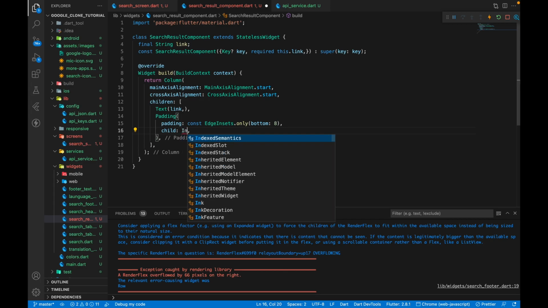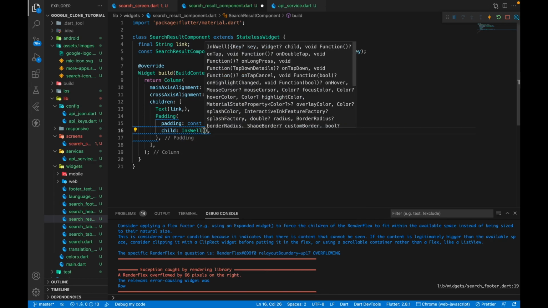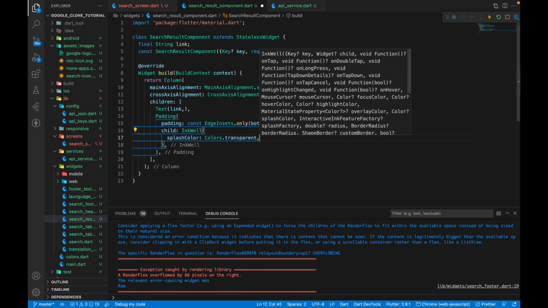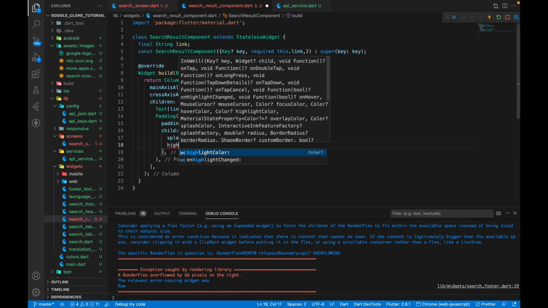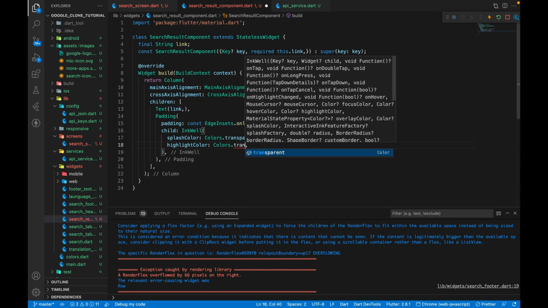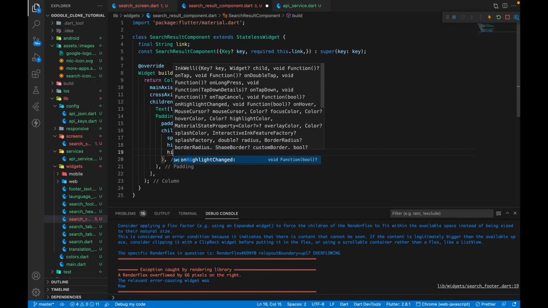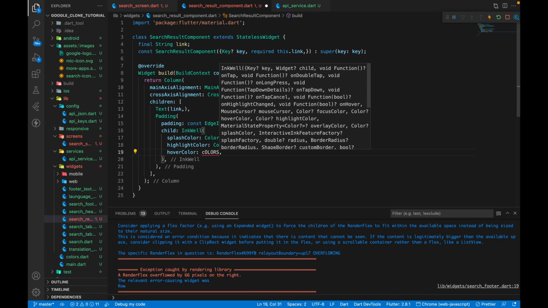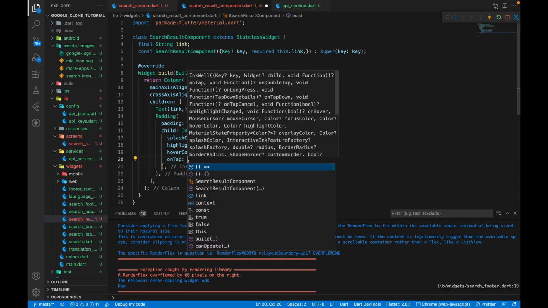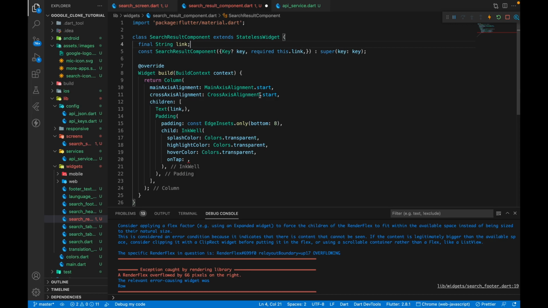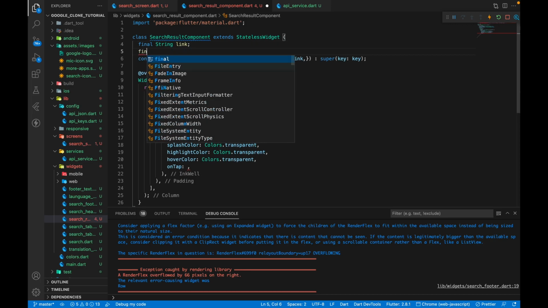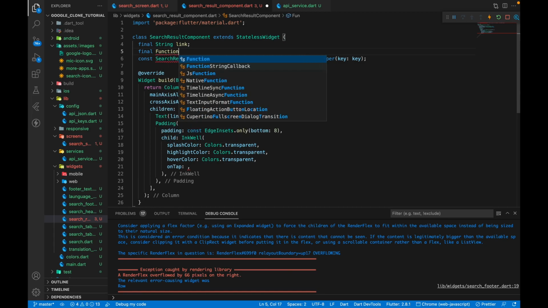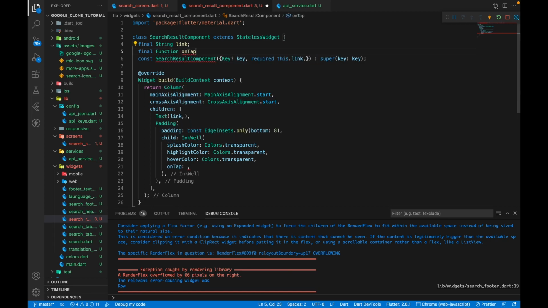So in our child, what we want to do is, we'll have an InkWell, and the InkWell will have a splash color of Colors.transparent, then a highlight color of Colors.transparent, then the hover color of Colors.transparent, and an onTap function which will be accepting from the search result component. So we'll have final Function onTap,